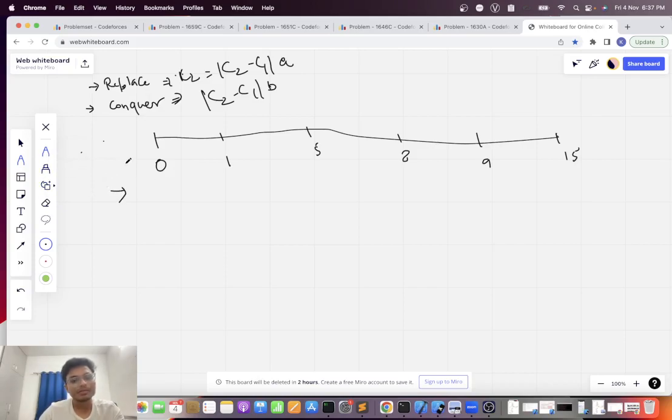I just conquer some from this position. Let's say I'm making this one the capital and conquering these two, and after that I am, let's say, having some more kingdoms. After that I'm going to this kingdom, making this kingdom my capital, and conquering all these, or I should conquer at a place. Okay,